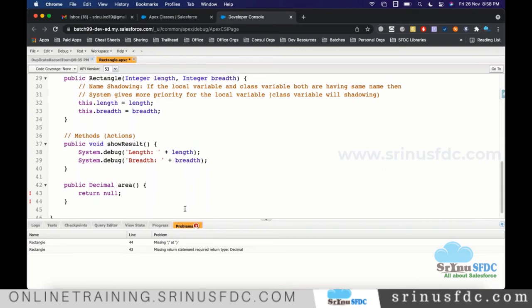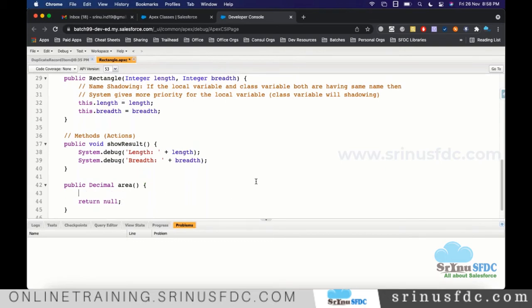I'll bother about what I'm going to return later. For now, I want to first save this program successfully. I'm saying return null and save. Now, if you see, it is saved. You should not see the star, that means it is saved. Now here, we need to focus on writing the logic and return the proper value.